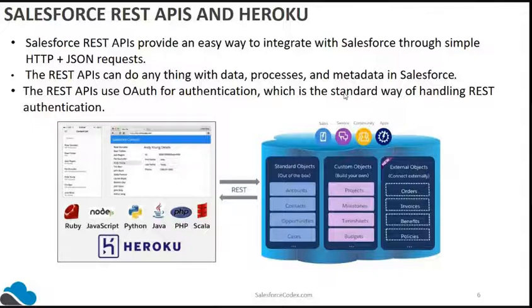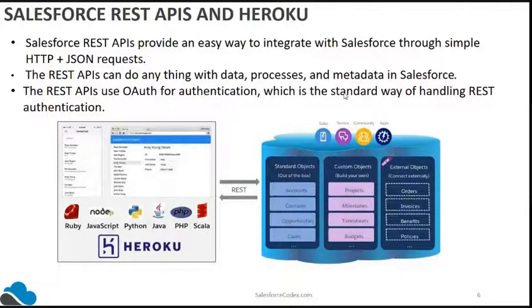In REST API, we have a lot of control over our integration. When a specific low-level integration is required, or you want complete control of the integration, then you should go with the REST API integration. For example, if something is created in a Heroku application, I want to do something in the Salesforce application on change of data or creation of a record.